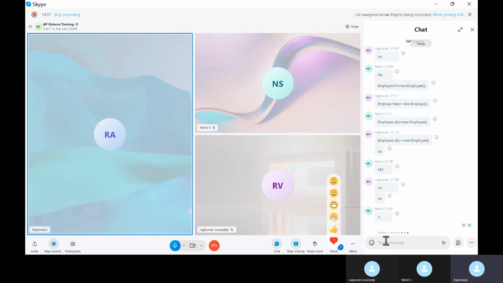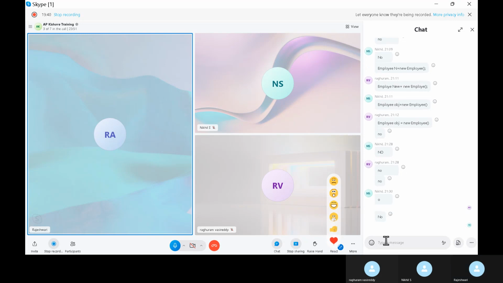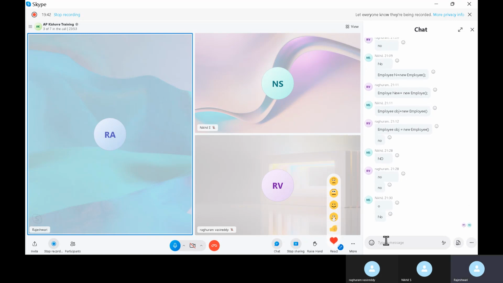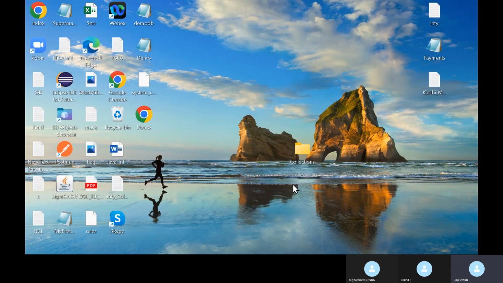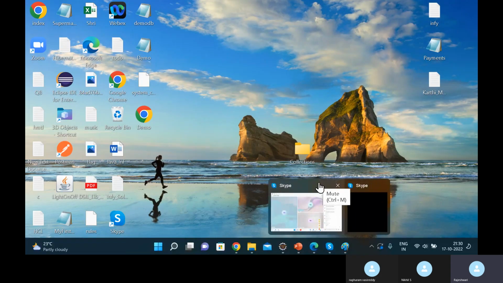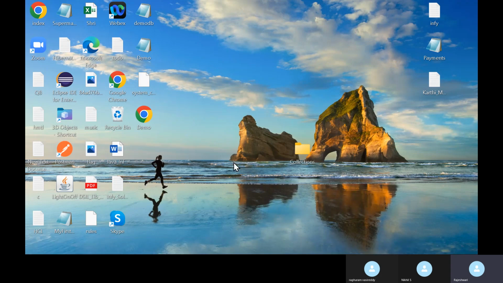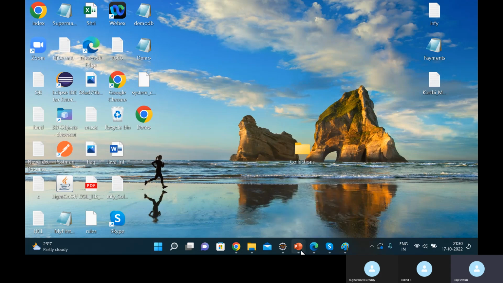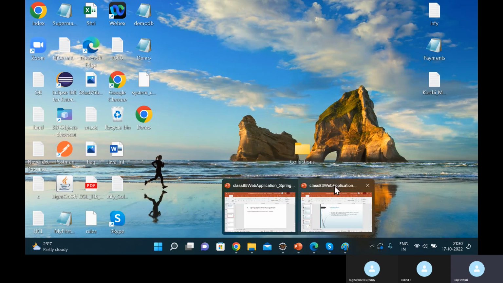Nikhil is also not familiar. Okay, fine. So today I will give just an upper layer of the Spring framework, and tomorrow we will do a concept level of